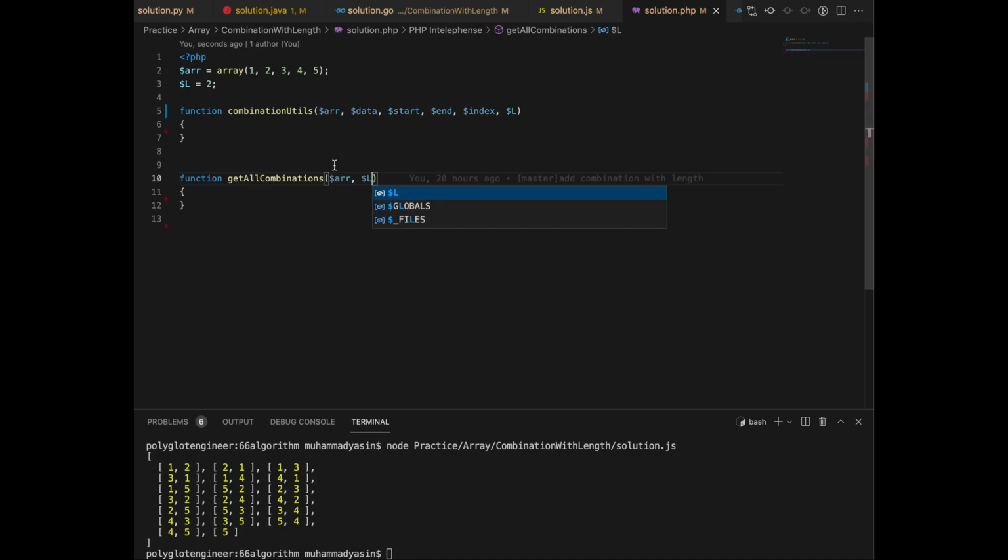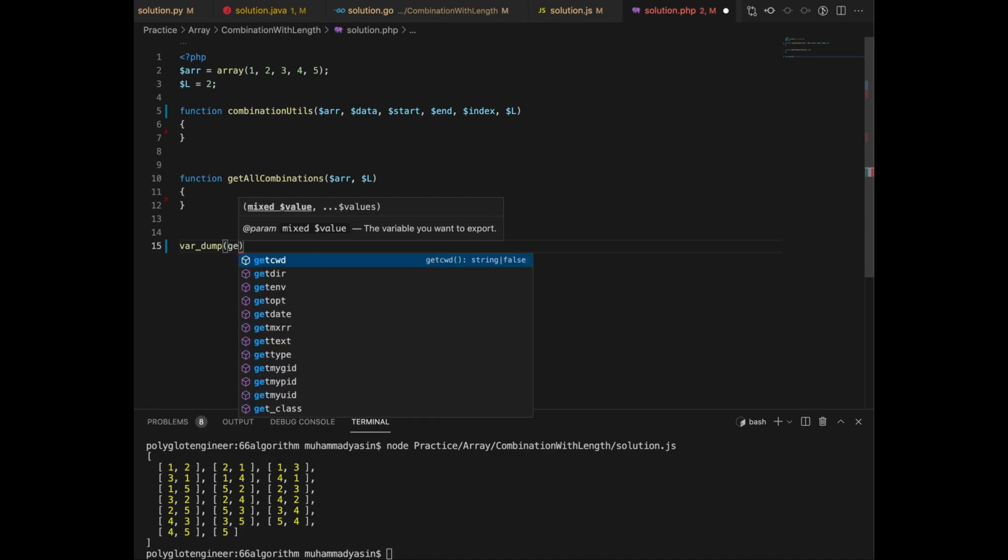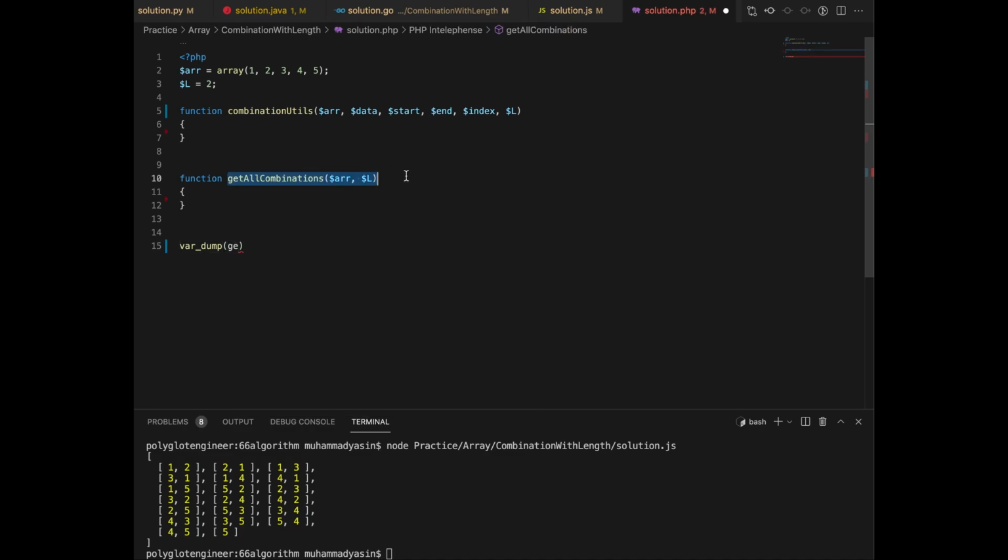So we're going to say for combination it's going to be just echo this, or maybe fadam is better, I think. Fadam is get all combination. Copy this one, just copy this, and don't forget